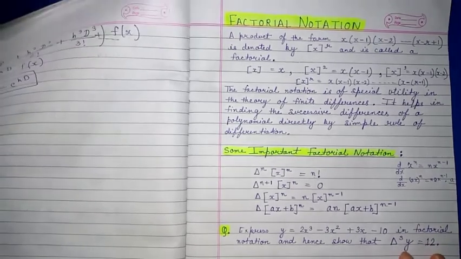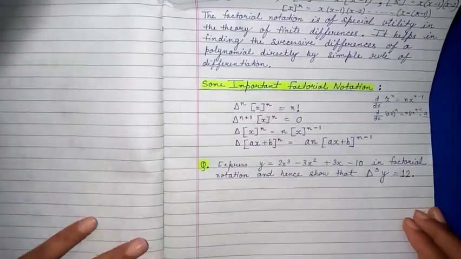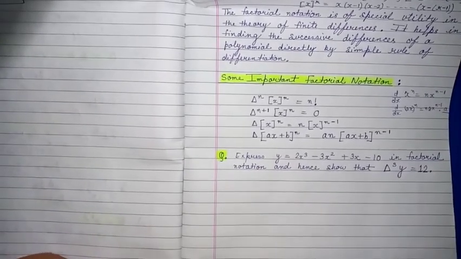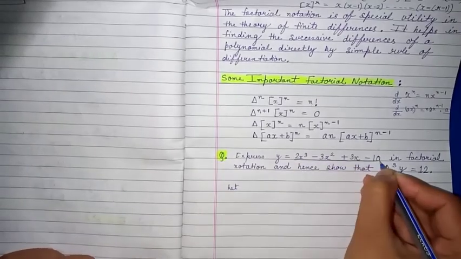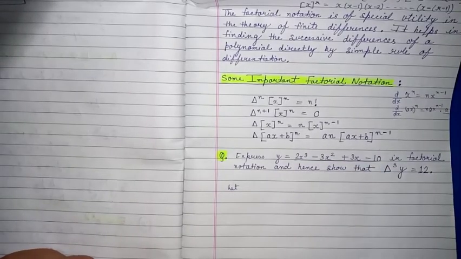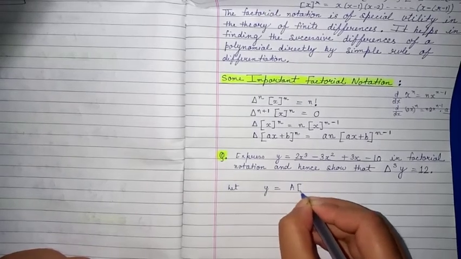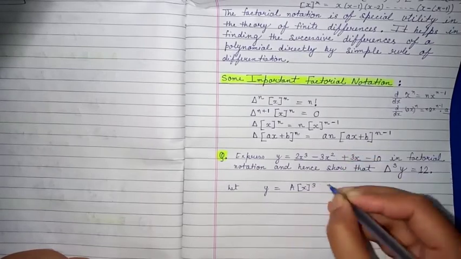So it's a very simple question, but it needs lots of attention. If you do not see each and every step properly, then you will not understand. Here our target is to express this cubic function in terms of factorial notation. So let y equal a factorial x cube, meaning we have to represent it in this form,